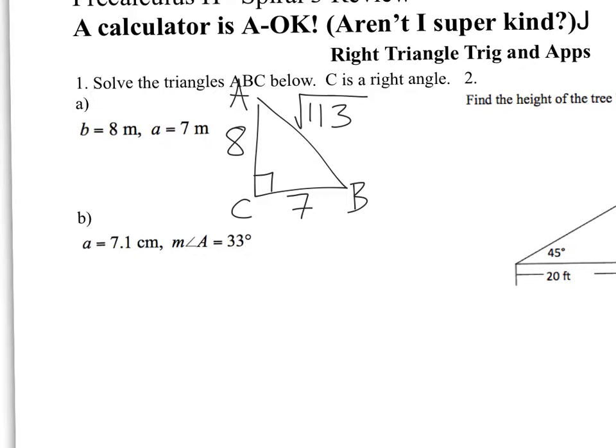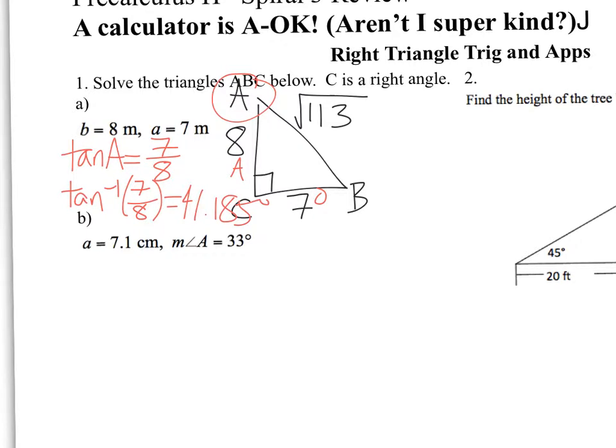The second thing I might do is to find one of these angles. I'm going to arbitrarily choose A, and I don't know, I'm in the mood for tangent. I've got the opposite and the adjacent. So I could say that tangent of A is equal to 7/8. Okay, that means that tangent inverse of 7/8 is going to be our angle. So if I do tangent inverse, making sure that I'm in degrees, 7 divided by 8, I get